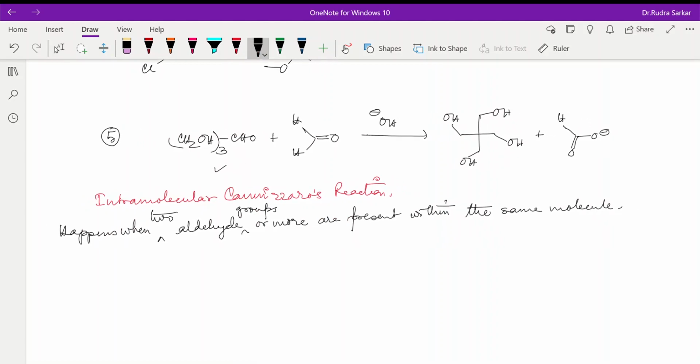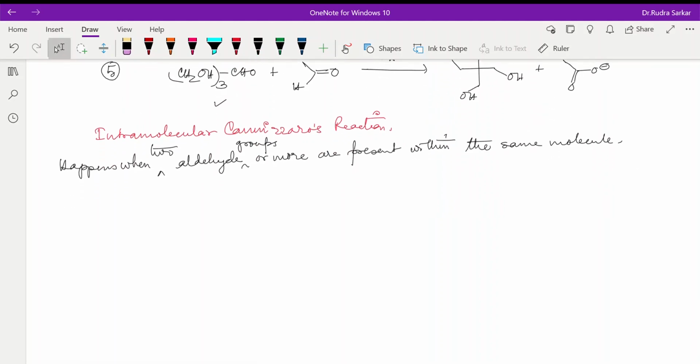Suppose I give you something like this. Now this is your glyoxal. It is having aldehyde groups. Technically this is a 1,2 dicarbonyl. If you treat this with OH,